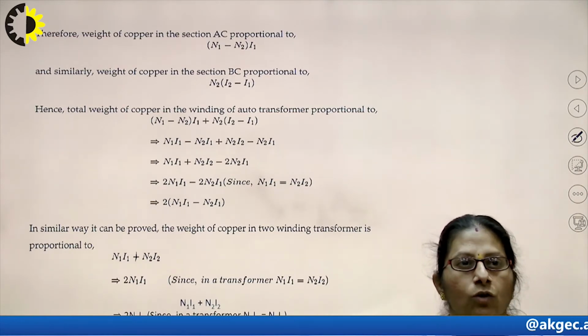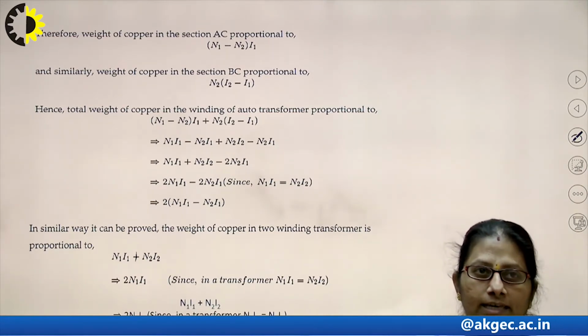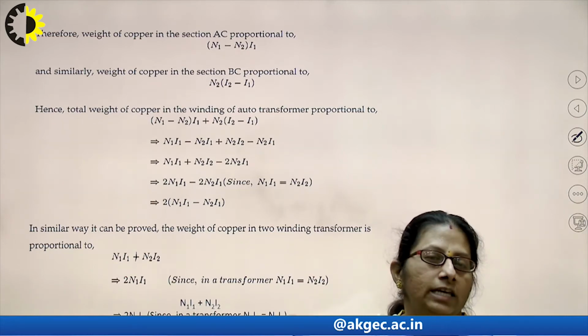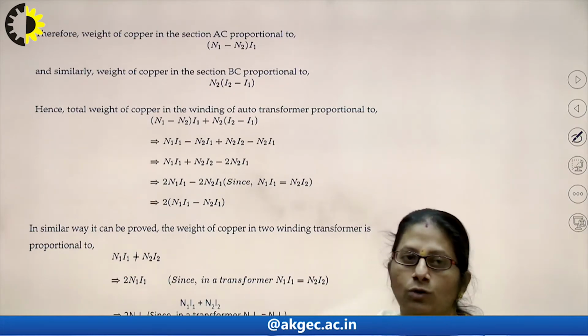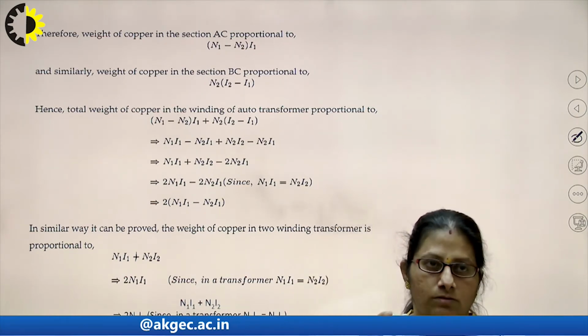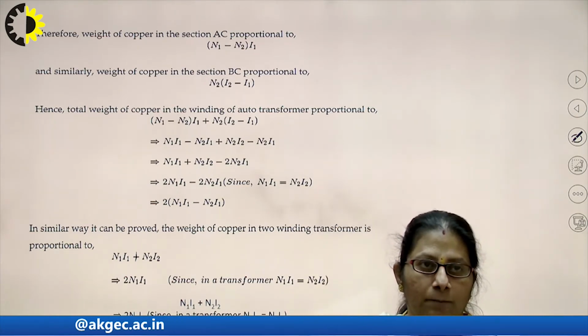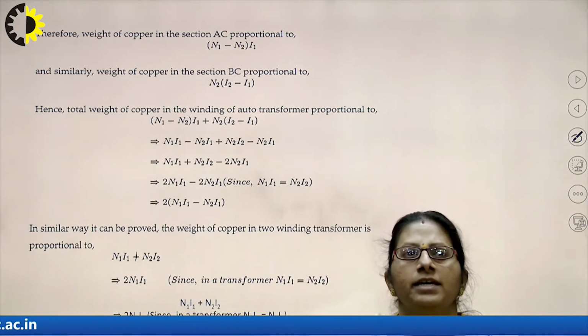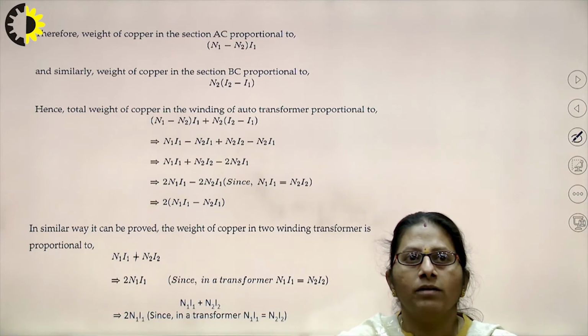Therefore the weight of the copper in the section AC is proportional to, if I am considering the same figure we have seen in the case of the step down auto transformer, right? In that case AC is the total number of turns, that is the total primary. So the weight of the copper in that section is just proportional to N1 minus N2